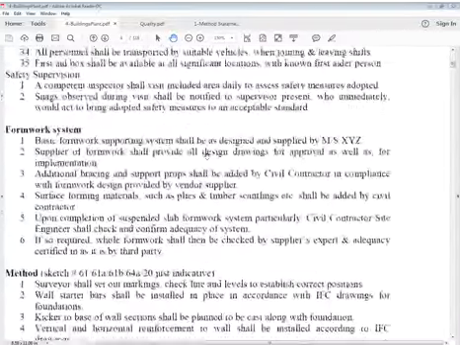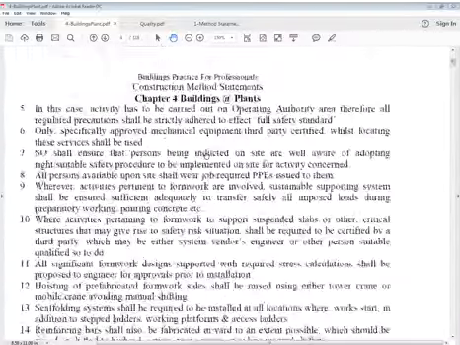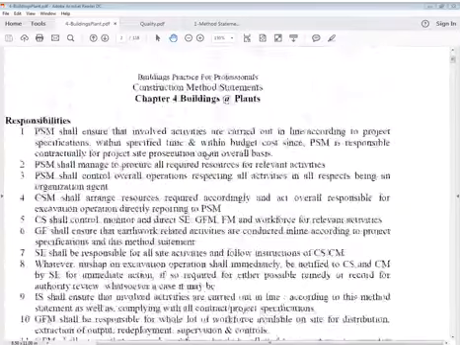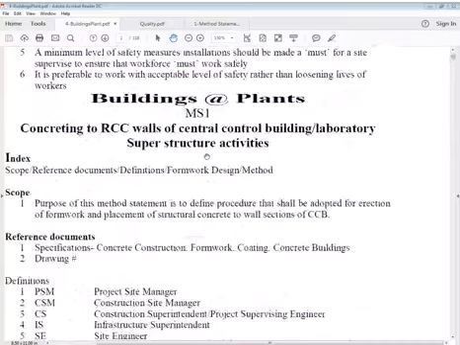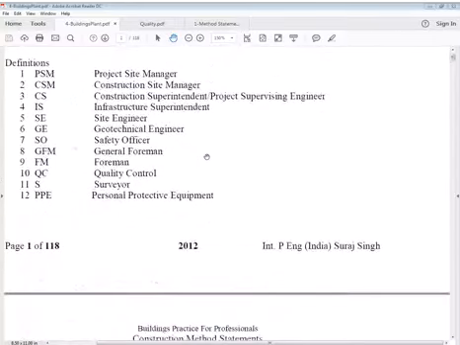In this MS1, we said MS1 means general responsibilities. In this case, we defined before the definitions of titles. Generally, these are project site manager, construction site manager, construction superintendent or project supervising engineer, infrastructure superintendent,